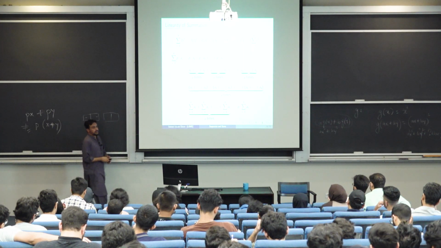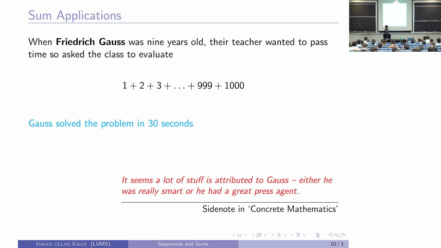Okay. Let's see why would you need summation. So, I am going to go to multiple summation in a minute, but why would you need summation? Remember this thing from day one? Gauss was told to add the first 1000 integers. He did it in 30 seconds. How? Because you would be able to,